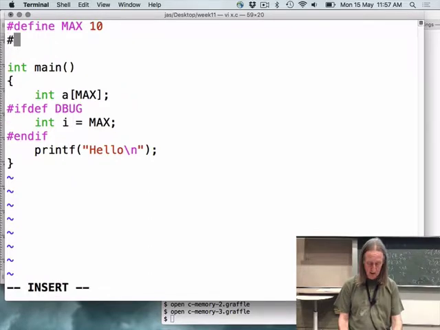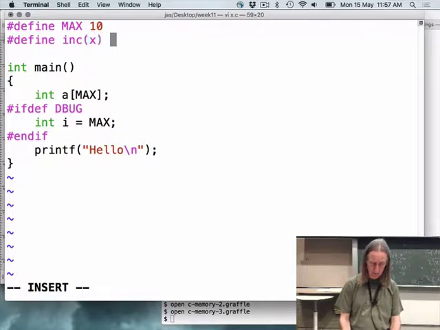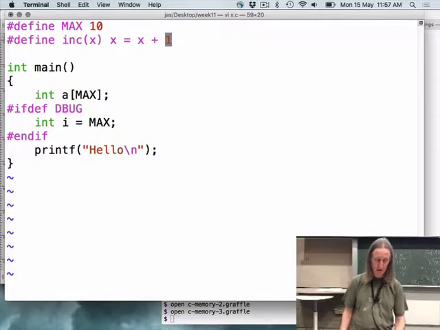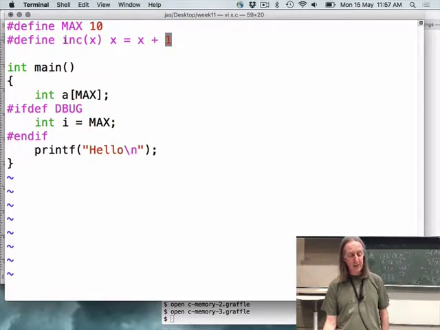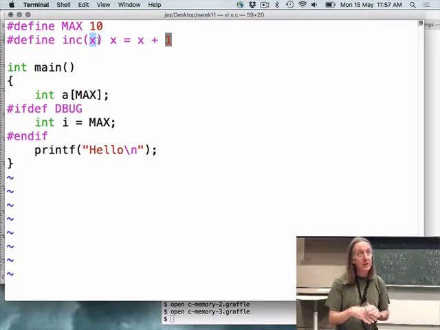The other thing that the preprocessor can do is do things that look like functions. So I could define something like that, and whenever the C preprocessor sees inc followed by something, it's going to substitute that in the output by putting something equals something plus 1.